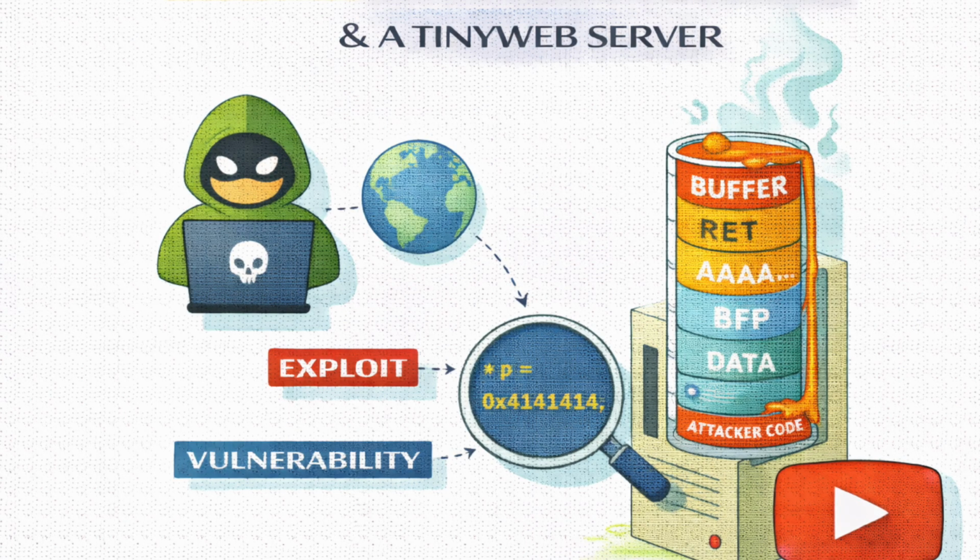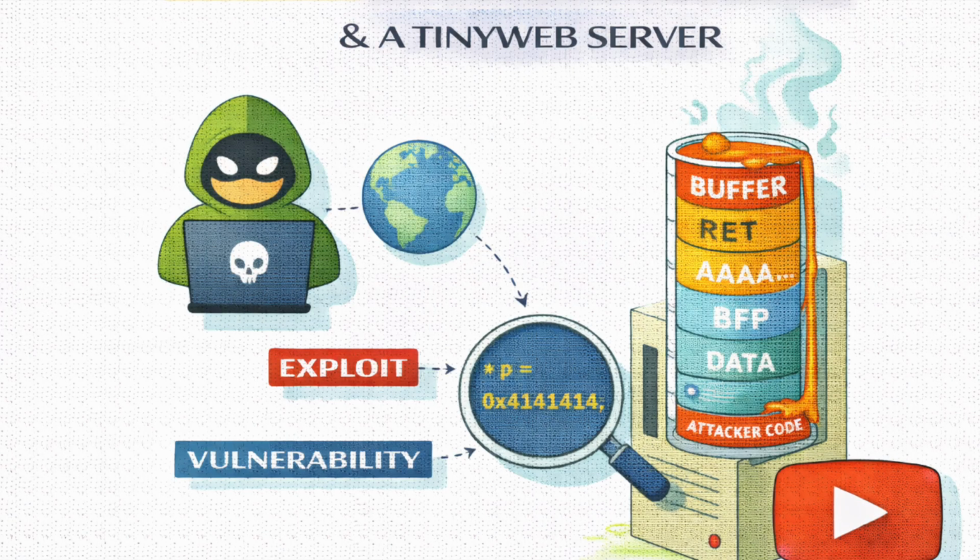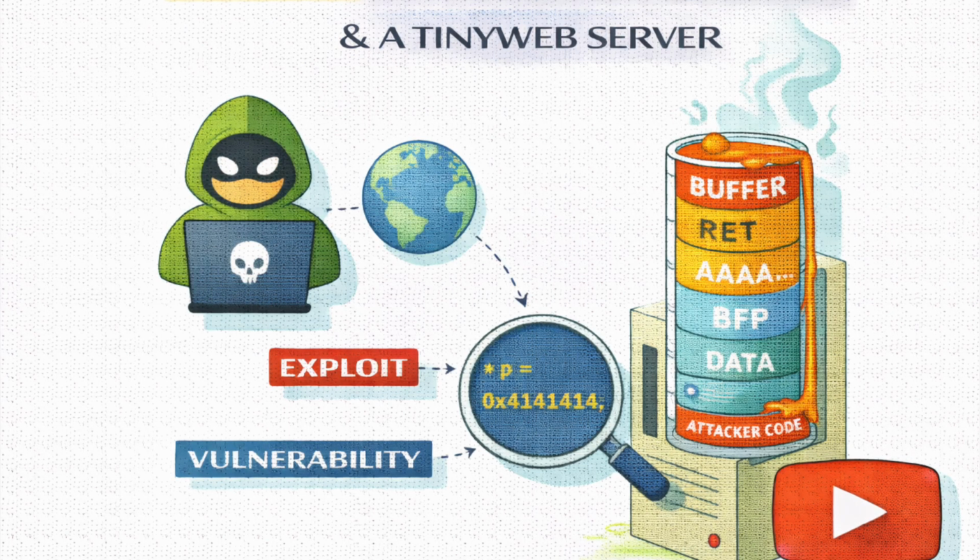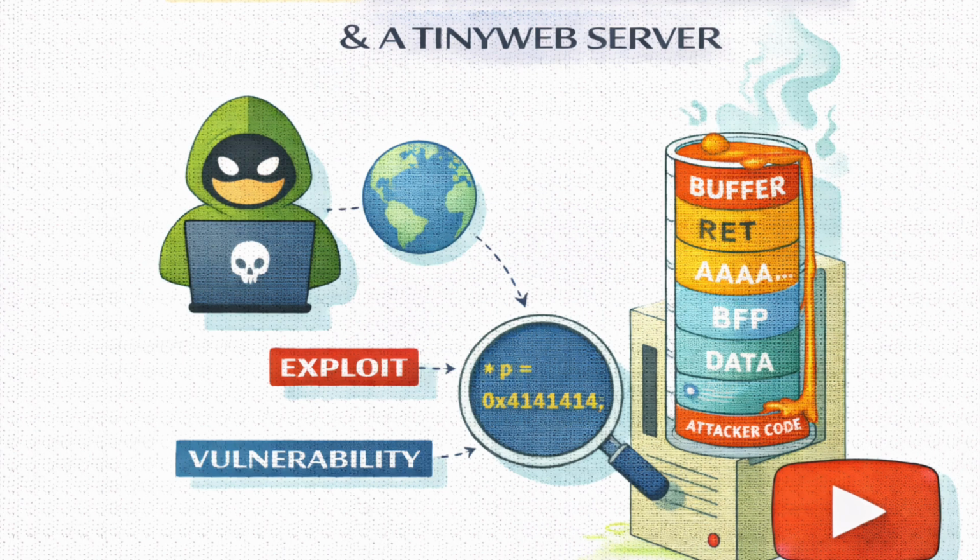And it is such a classic C programming mistake. What is it? The code doesn't check if the amount of data you're sending actually fits on the plate. Oh, so if the plate can hold, say, 500 bytes of text and I send 1,000 bytes. You don't just stop at the edge of the plate. Yeah. You keep writing data onto the table, onto the floor, and most importantly, you write over the data that was sitting underneath that plate on the stack. You're overwriting the memory of the program itself.